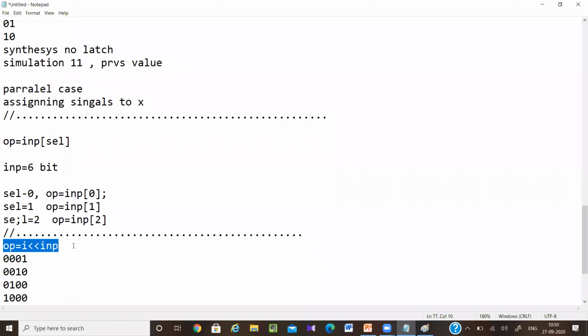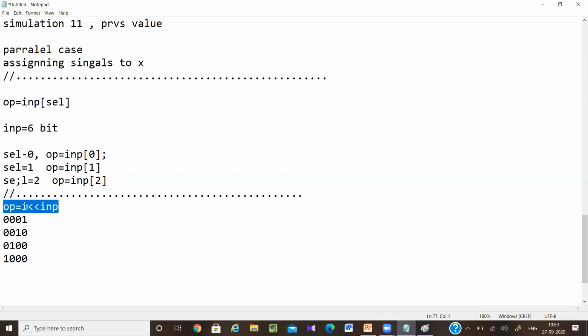Question can be asked in this manner, or they will simply give this statement: what kind of hardware is generated? So here a hardware mux will be generated and here a decoder will be generated. What kind of design will generate like this? Yes? Ma'am, we will use I or 1 here. You have written I. Okay, sorry. It is 1. Yeah, it is 1.